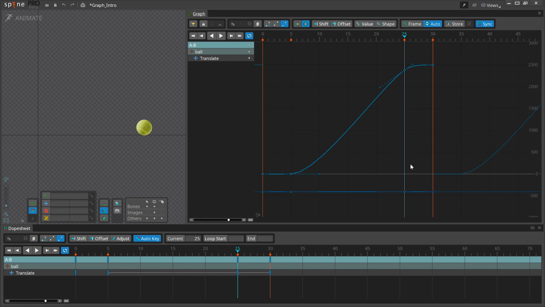Now, instead of stopping and holding the pose, it gets almost all the way to the pose and then eases in. This adds some cushion to the end of the action and gives the ball a more natural deceleration. Now I will ease out of the first pose as well. That's it. Simple as that.